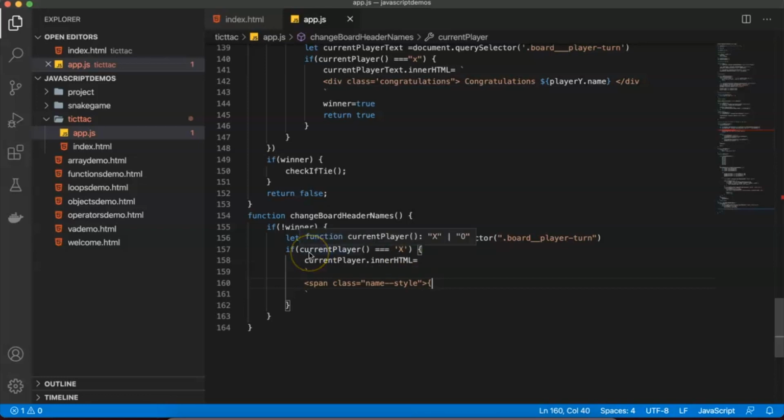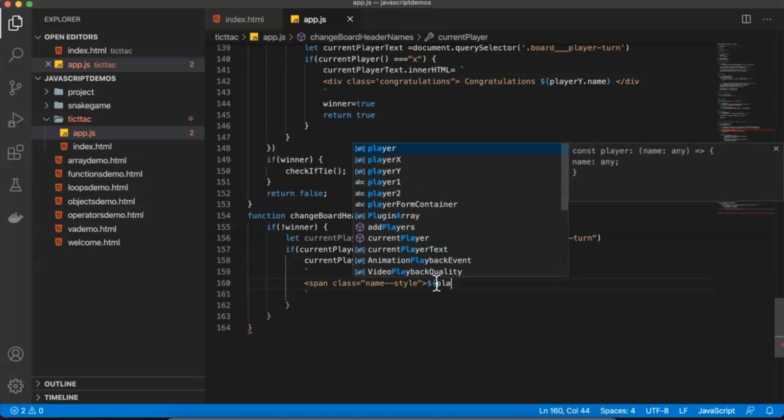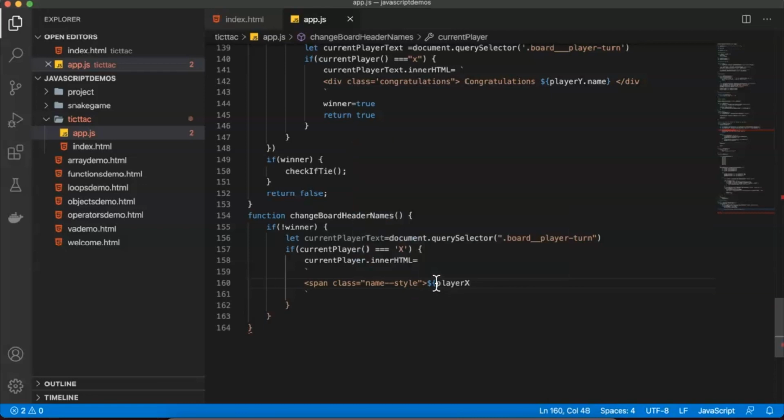Now this value we want to write with the name attribute, so it is getting closed, and here we are saying dollar, with this player X.name, and then close the span tag, and we say you are up,